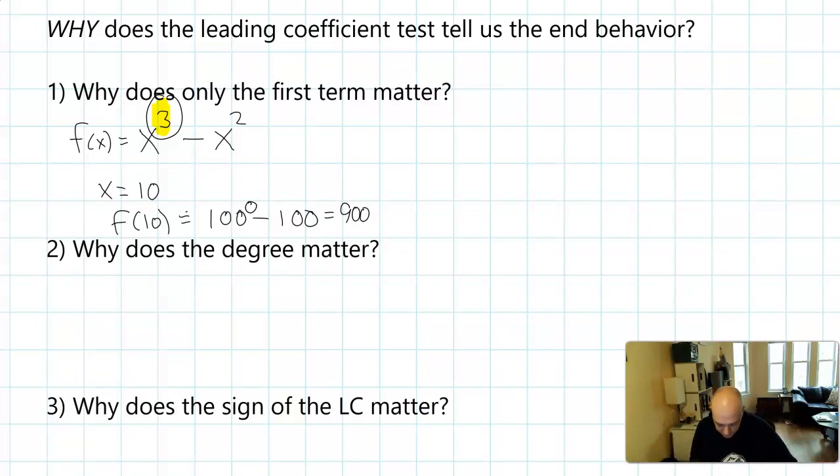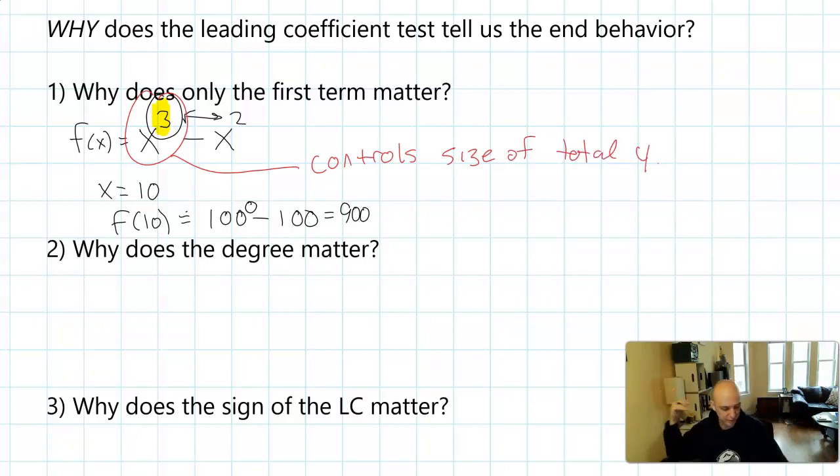So, but even an exponent that's different by just one difference means that that term basically controls the size of the total y value, because the exponents have so much power and weight here. Okay,